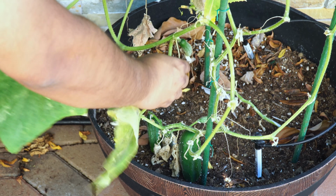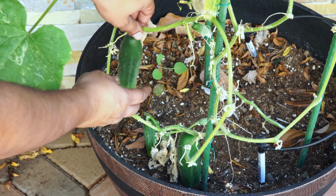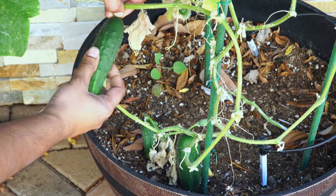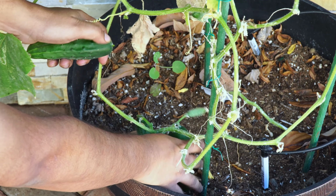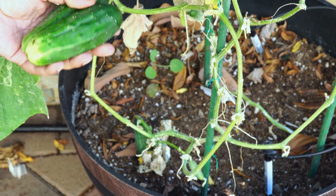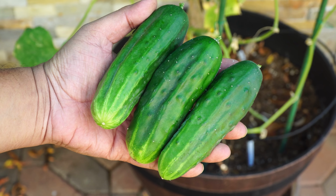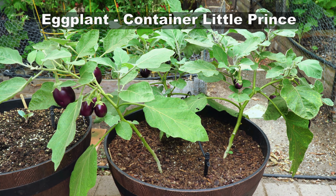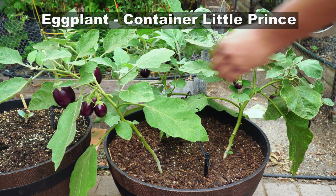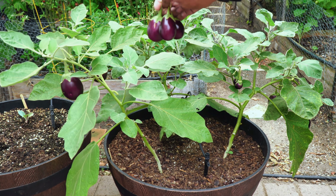Cucumbers. We were growing the bush cucumber variety. As some of you already know, we have been sharing our pictures of our harvest on Instagram as well. And as you can see here, this yielded a lot of cucumbers, and it's a pretty good variety to grow in your garden. We also harvested a lot of eggplants from our container Prince eggplant, which is an excellent variety